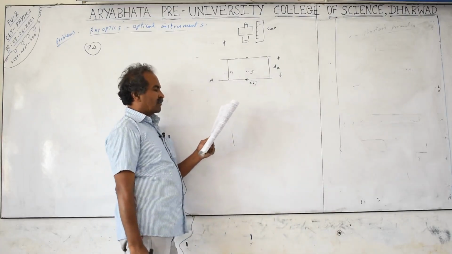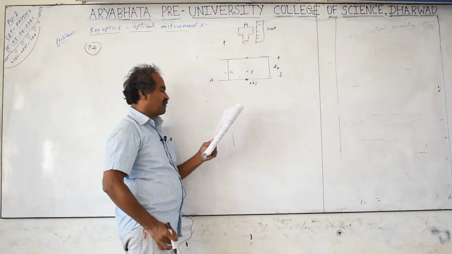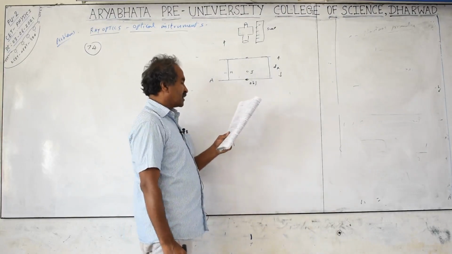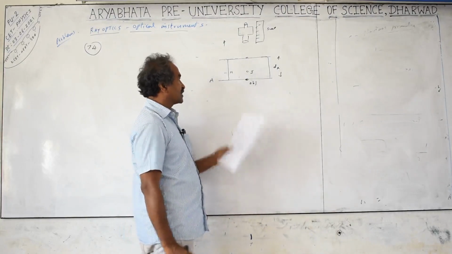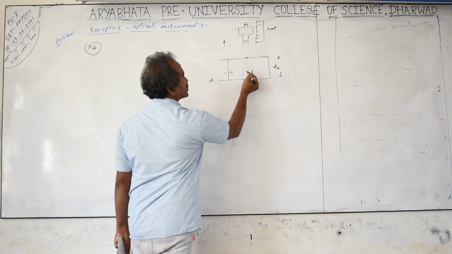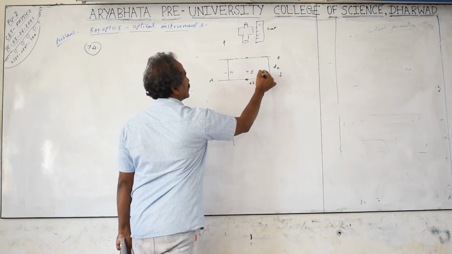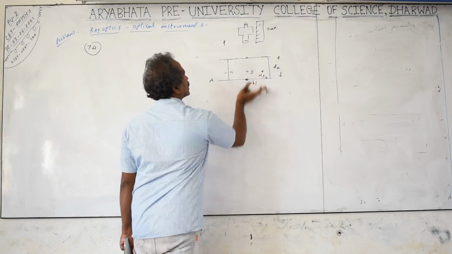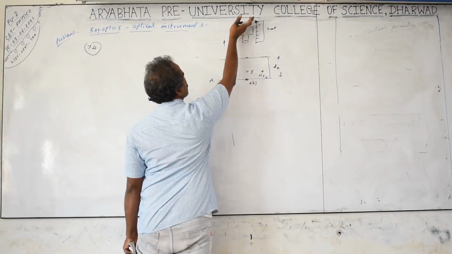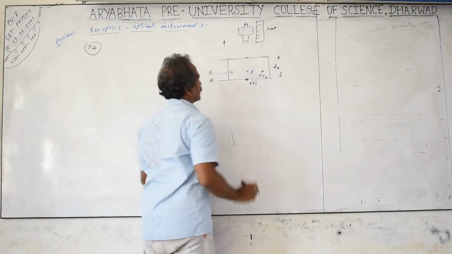Next, a rectangular block of glass is placed on the paper and the microscope is raised to focus the mark. Sometimes they will ask whether you have to raise it upwards or downwards. The microscope is raised to focus the mark on the paper. So when the glass slab is kept, you don't see the object, you will see the image. The image moves in the upward direction by the normal shift. So the image will be shifted upwards, and the microscope also needs to be moved upward, and the reading is noted here again. The second case is B.